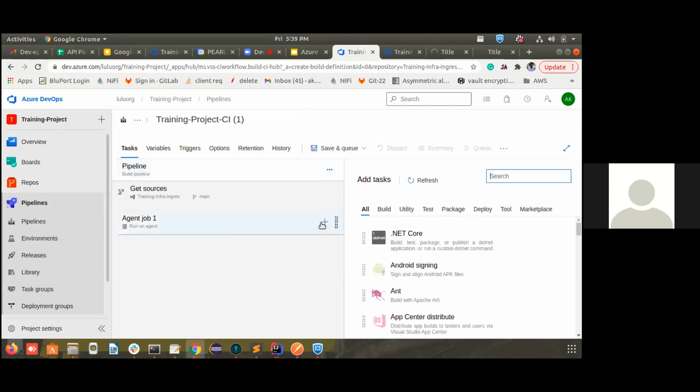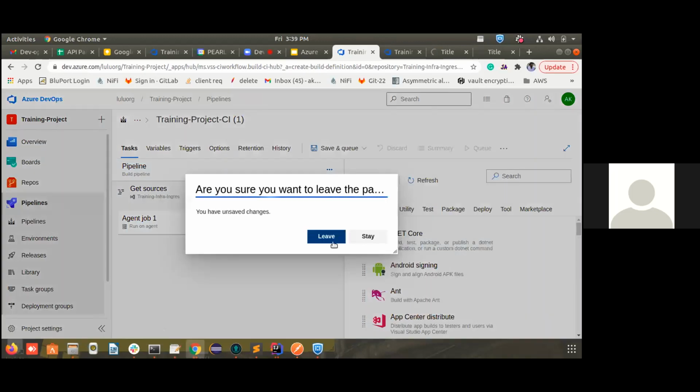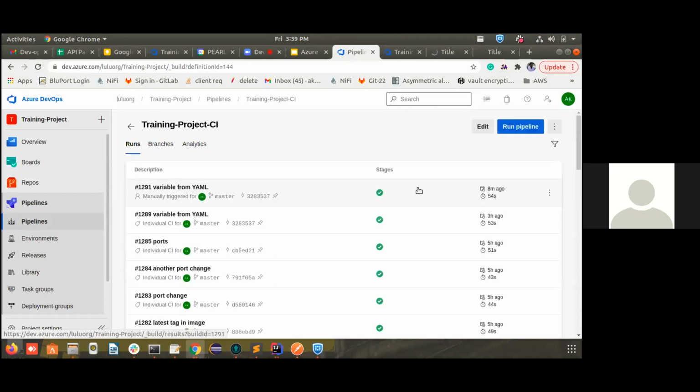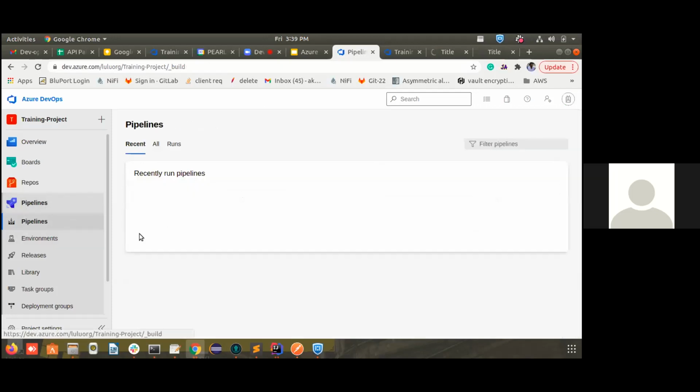So you can add the task like I have done earlier. Otherwise, you can just clone this project, clone this pipeline, and do that. That is completely up to you. If you want to learn more, you can create from scratch, or you just need to clone it from here. You can create it like that.